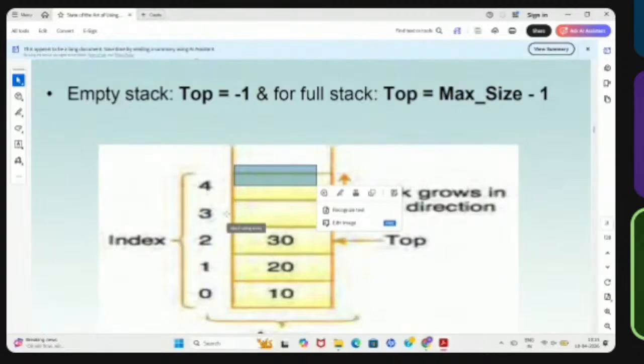And 4, 3, 2, 1, 0. Up to 0 we can insert the element. So first we will insert in the fourth location, then we will insert the element into the third location, then into the second location, and then into the first location. As you can see here,